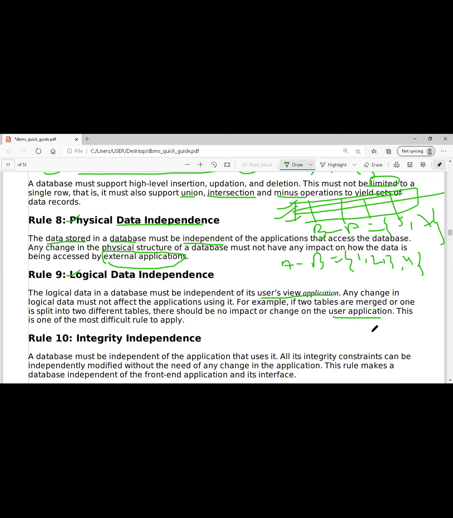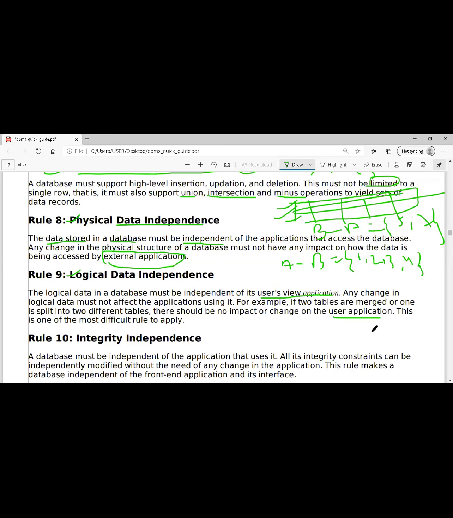So logically, what he wants to say is that I have a bigger database. I have hundreds of tables. Instead of putting everything in one table, I have split it into multiple tables. Then I have only one application. So whenever I'm entering the values, the relevant data should automatically go and be stored in the different tables. Suppose I'm asked my name, and I have different data, so it should be stored in the profile.